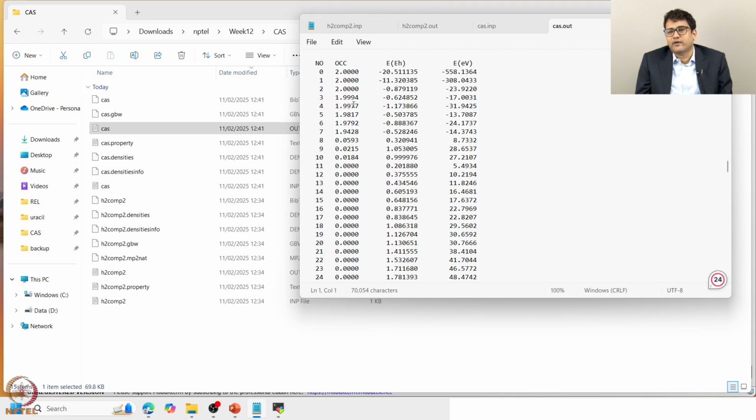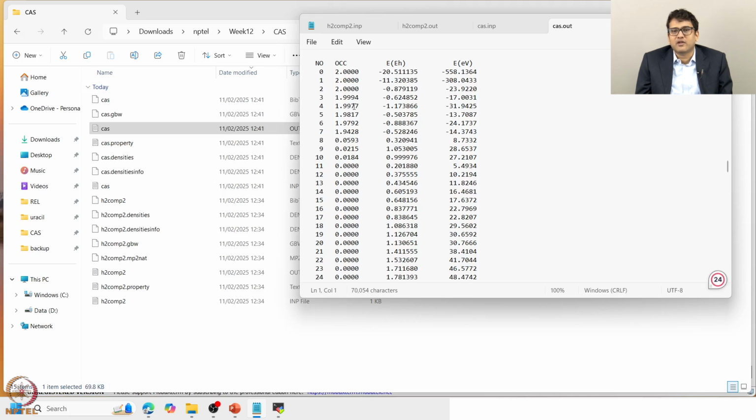Why I say not correlated is because if the occupancy is almost 2, that means the electron cannot get spread from here to the virtual orbital. So maybe it is not a good idea to include them in the complete active space. Whenever you have convergence issues, generally the reason is that you have orbitals which are 0 or close to 2 occupancy in the active space. Here you see that these 2 orbitals have a close to 2 occupancy and they are included in the